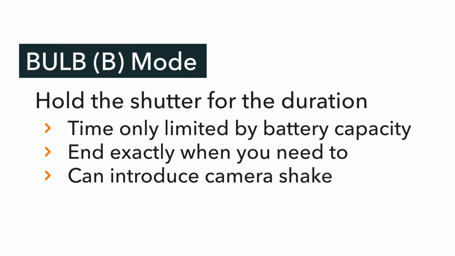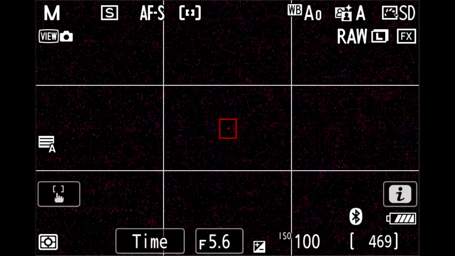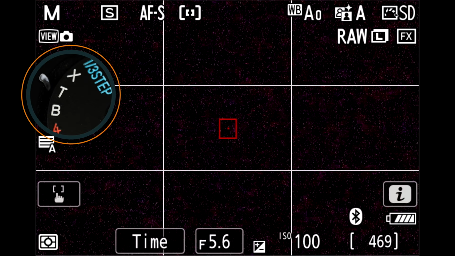Doing that can introduce or increase the risk of camera shake. If you are doing long exposures, you need to be very careful about this because that shake can show up in your final photo. But this can be good when you need to have precise control over when that exposure ends. The other option, time, which is also available if you set the shutter speed dial to T, that stands for time,